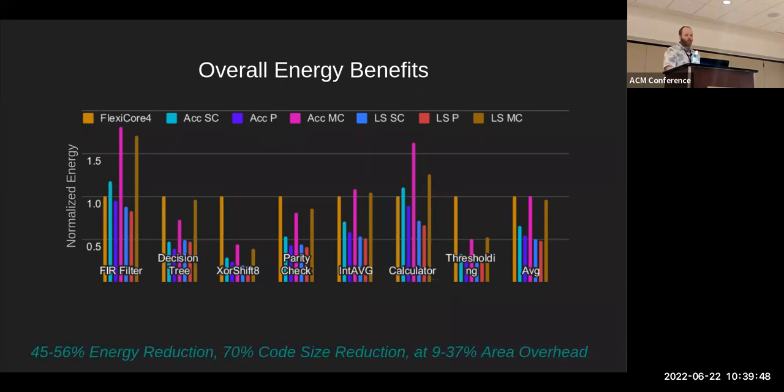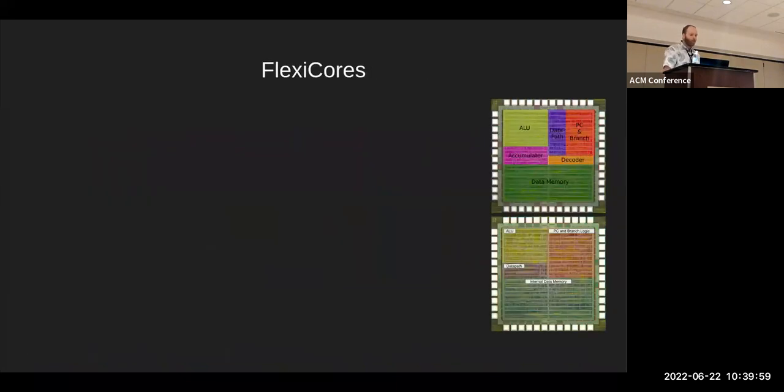These changes result in up to 56% energy reduction and 70% code size reduction with no more than 37% area overhead. To sum it up, we have highlighted that while computing seems ubiquitous, there are these vast domains which have not seen a proliferation of computing. And the reason for this is that these domains require conformality, thinness, and ultra low costs.